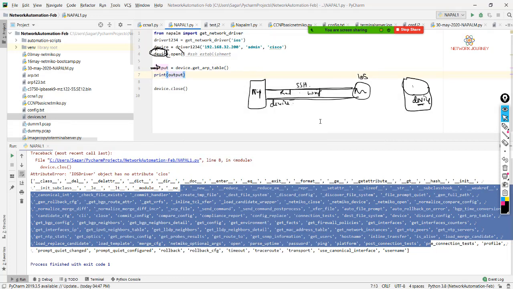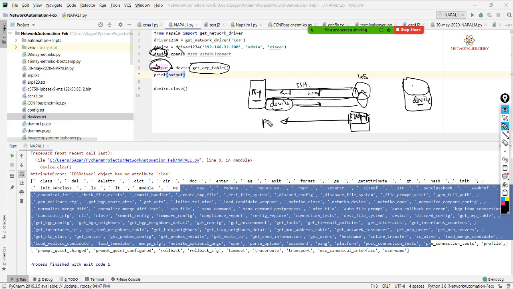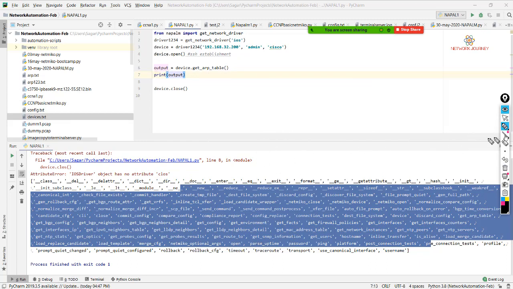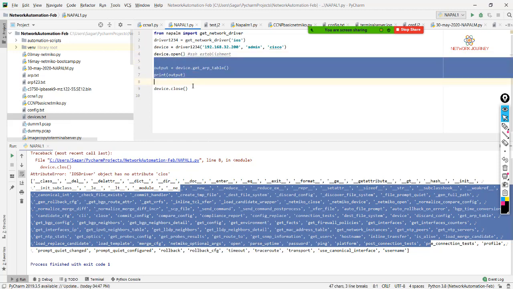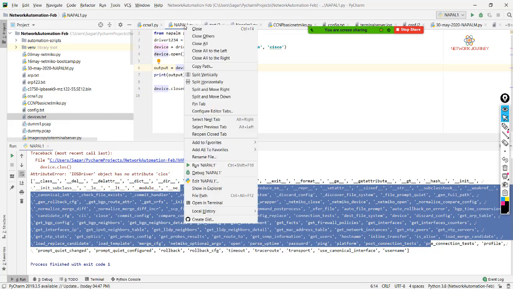Okay, so what is happening is my device is now taking up this command, and the output that I get, I want to be stored in a new variable called output, which is again an empty container. And this empty container, once it comes on the IDE side, the script side, I'm going to print it, and we will be seeing the output. So that's all in and out of the packet level, which I guess you will be damn sure by now after completing like 14-15 classes. Just a couple of lines in the case of NAPALM. So I'll run this.